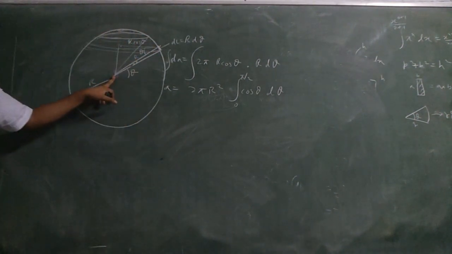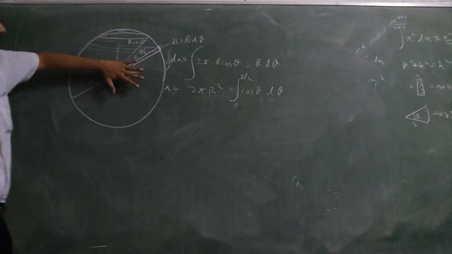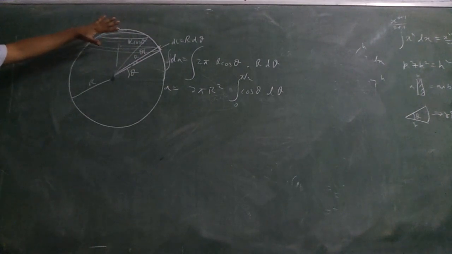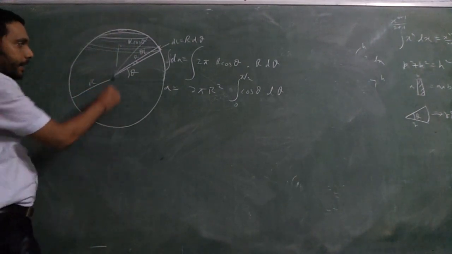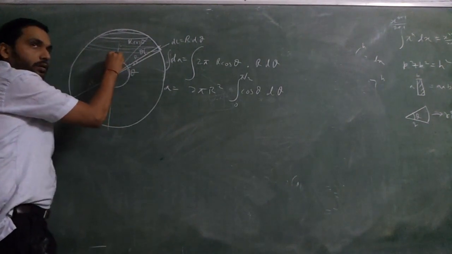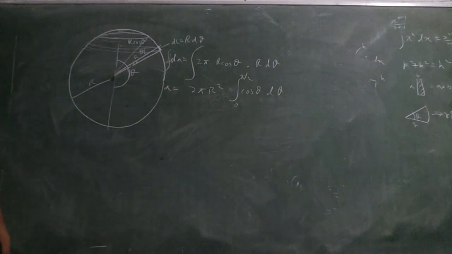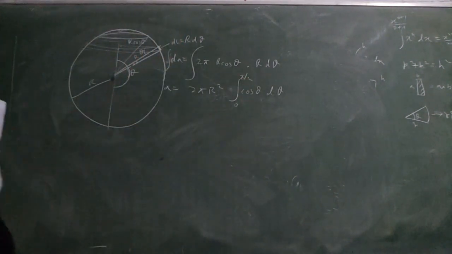Get the point? So I have to do 0 to pi by 2 and then I'll get half the area swept all over. And double it, so I'll get this also. Or I can smartly do in one go from minus pi by 2 to plus pi by 2. Okay? I'll do 0 to pi by 2 and I'll double it. Get a hemisphere.